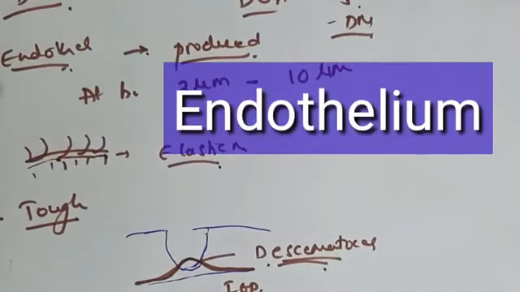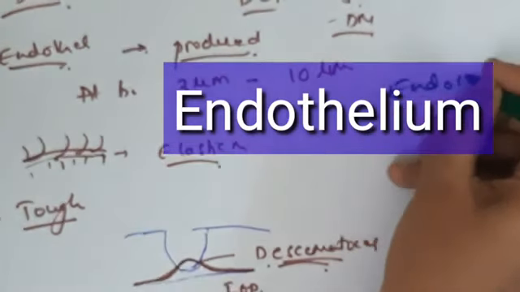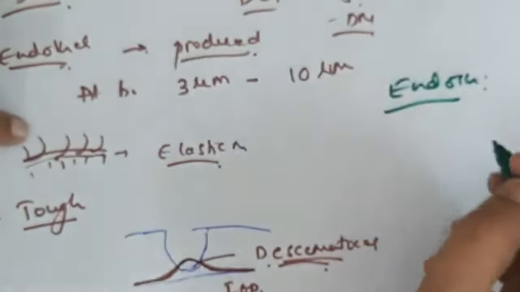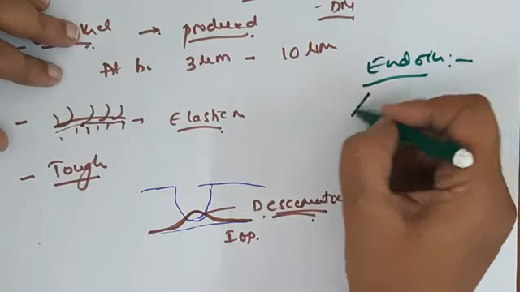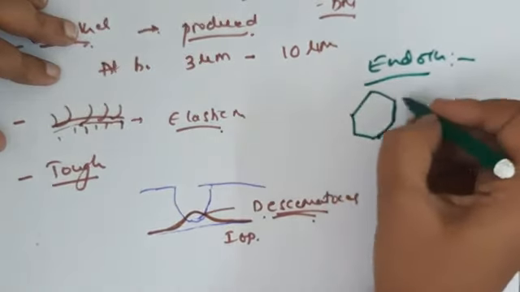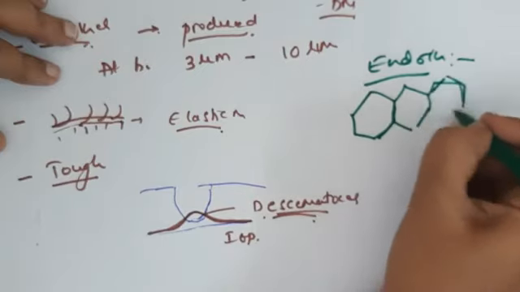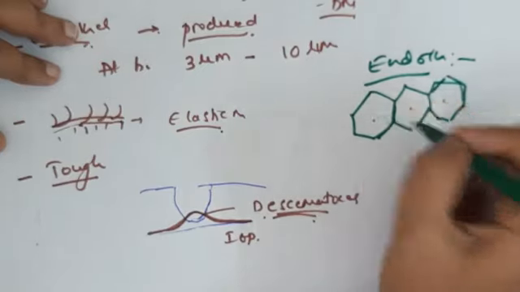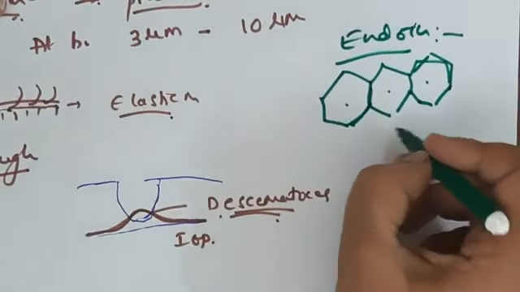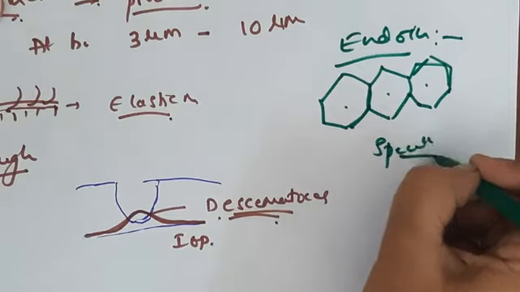Okay. The last layer is the endothelial cells. Okay. Endothelial cells, which is very important. It is a hexagonal shaped cell. So the endothelial cells are hexagonal shaped and they are arranged in mosaic pattern like this. So how these endothelial cells are detected? It is best appreciated by the specular microscopy.